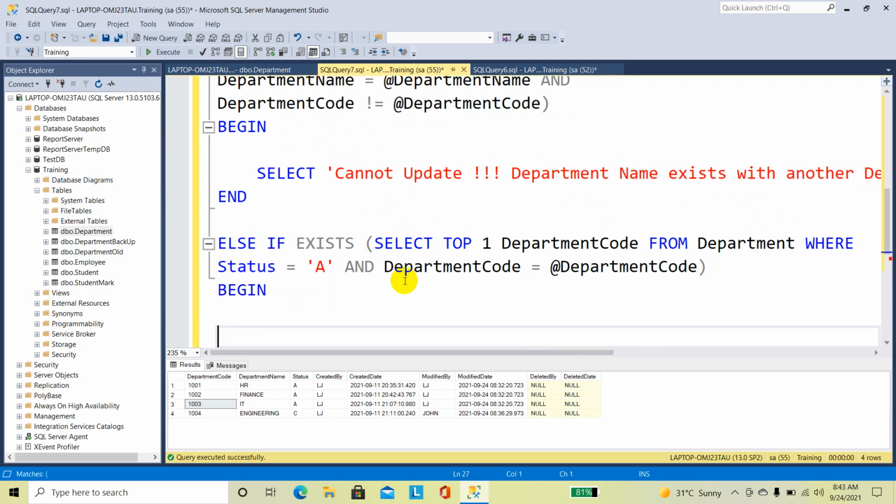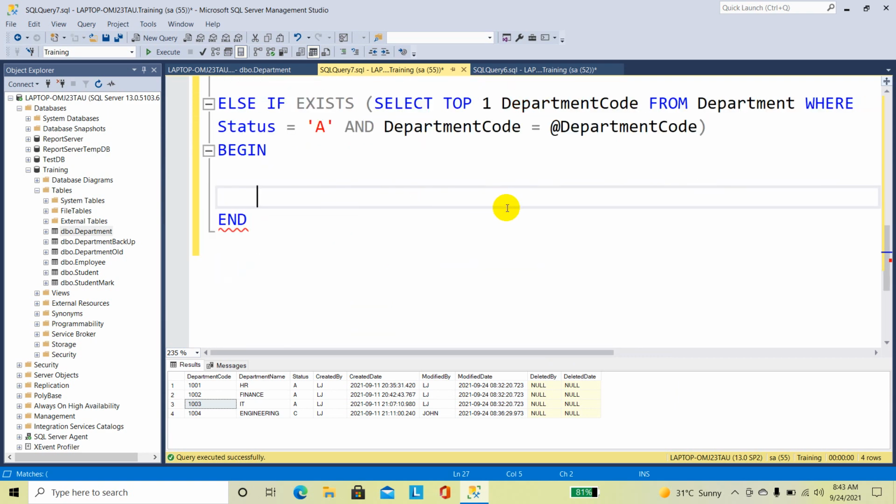Begin end. Here suppose 1004, for example, status is also A, and instead of engineering I am going to give communication. Then status is A, then department code 1004, then it will update it.